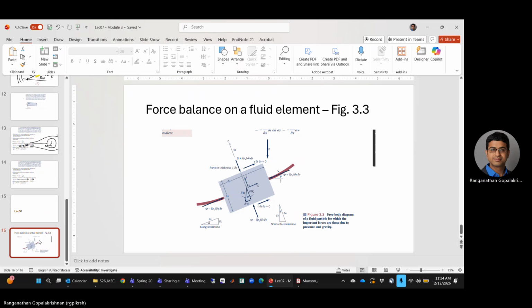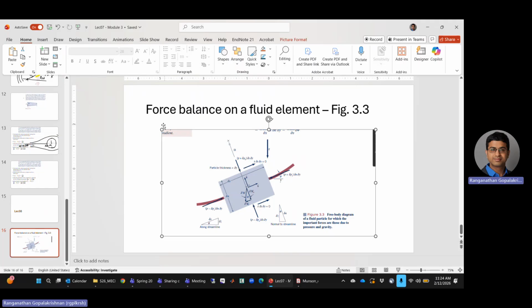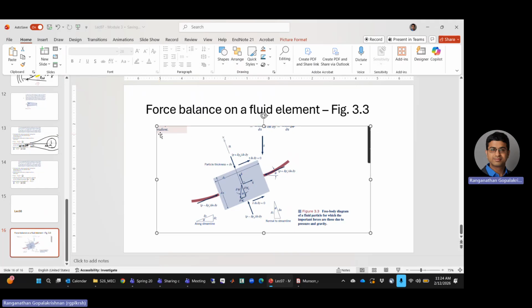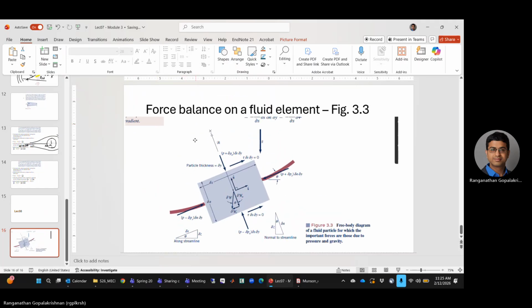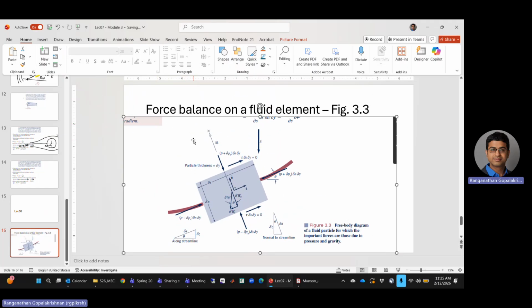Okay. So this is a figure from the textbook. Let me make this bigger and more readable. Okay. The derivation itself is quite laborious. I'm not going to go through the derivation, nor am I going to ask you to do the derivation in the exam. But I want to tell you what the gist of the story is and skip ahead to the final expression.